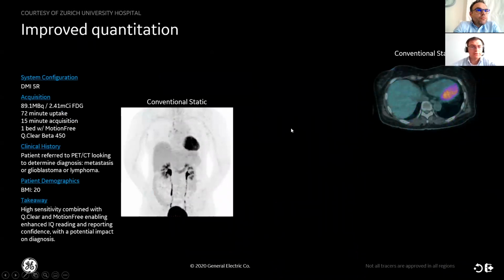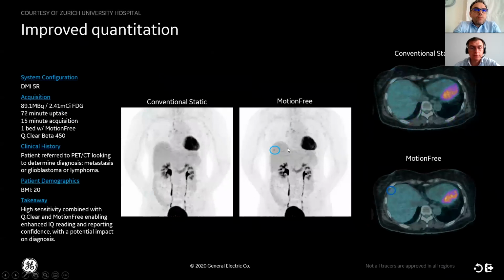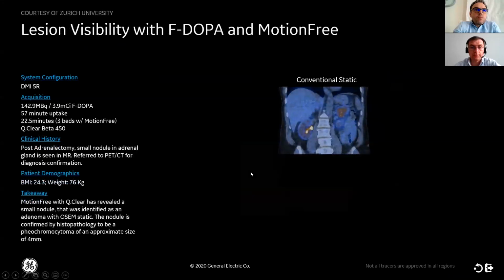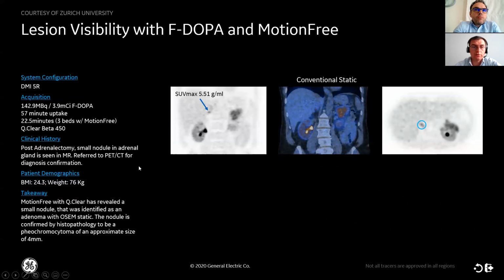A very interesting case is demonstrated here with this study, as a conventional static image is not demonstrating any lesion, and a new lesion is appearing on the right-hand side. An even more interesting case is this F-DOPA acquisition, on which